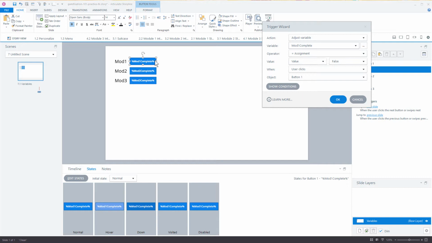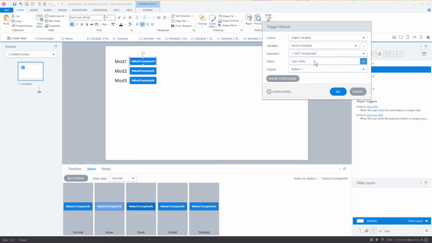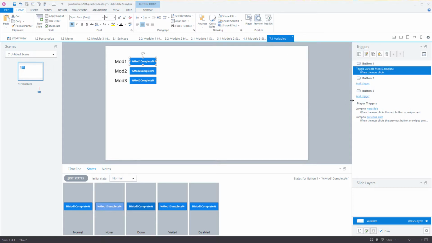If I know it's false right now and I click on it, I want to make it what it's not. So currently it's false. So I can change it to it's not assignment. So it's not assigned to true, right? So it's false. So when I click on it, it's going to become true. The next time I click on it, it's not assigned to false. So I'm just going to change it to false. So it kind of toggles that. So we're going to toggle that, and you'll see that's what the variable says, toggle variable module 1 complete